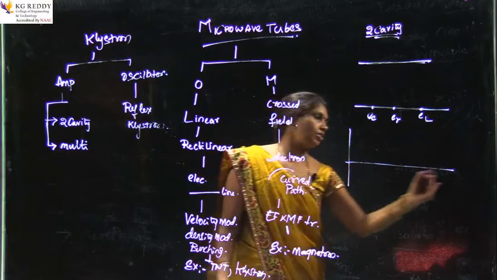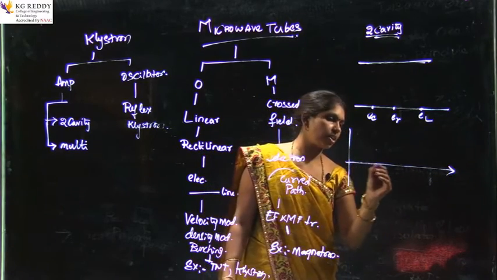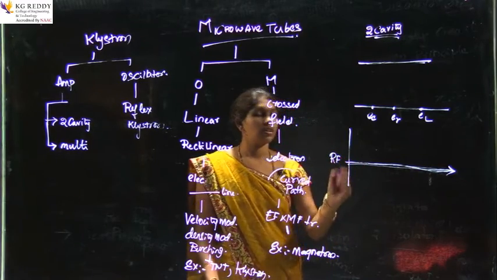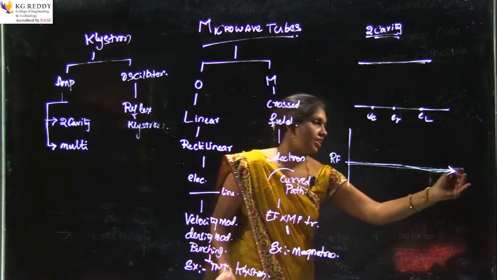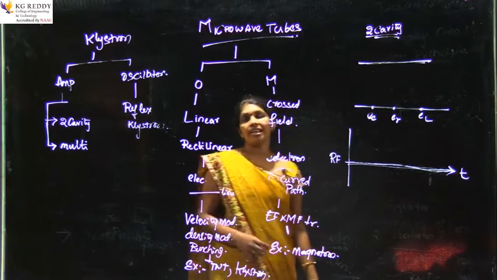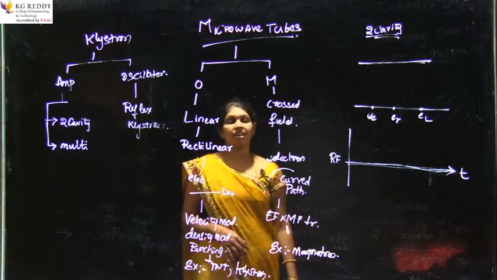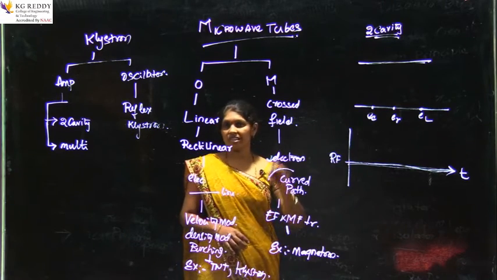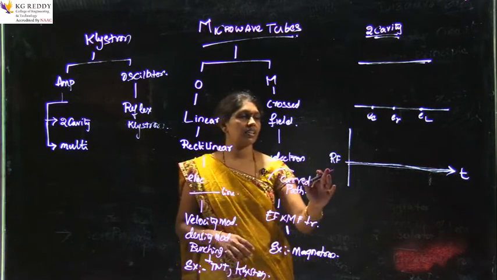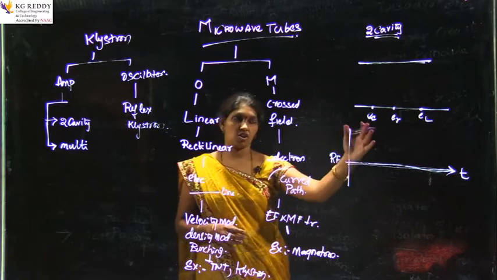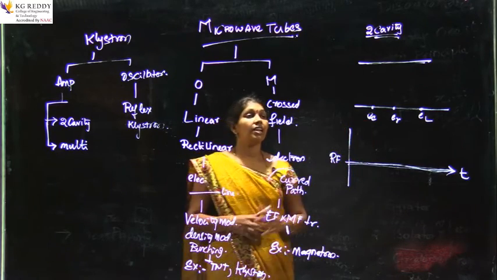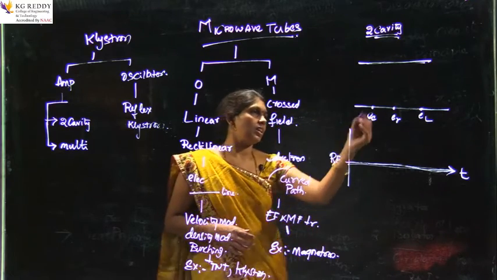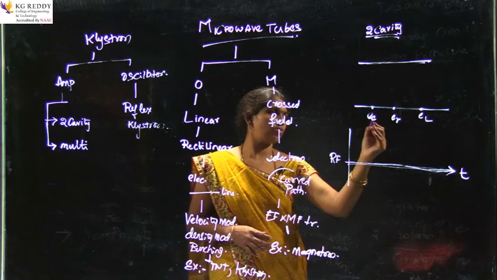It is subjected to RF signal. We know that in klystron we have two types of signals. One is the RF signal and the other is the electron beam, which is generated from the klystron generator. This RF signal will continuously interact with the electron beam, and the electron bunching will happen. Let us see how the bunching will happen.